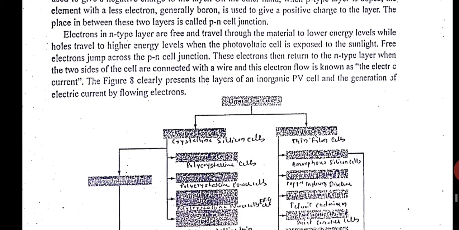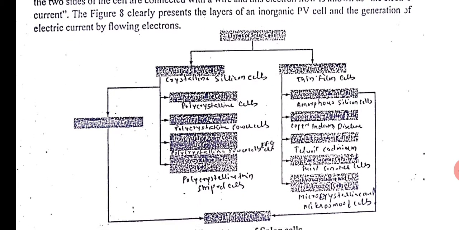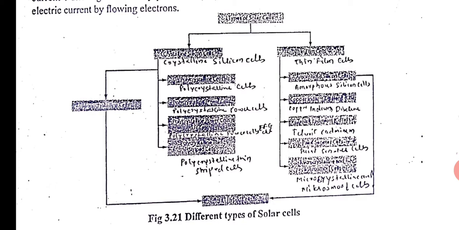So, types of photovoltaic cells: you can see one is crystalline cells, and then there are thin film cells. You have polycrystalline cells, then amorphous silicon cells. These are the various varieties. Thin film cells are coming up now, but they are very expensive as of today. Over the next years, I think these will become cheap.